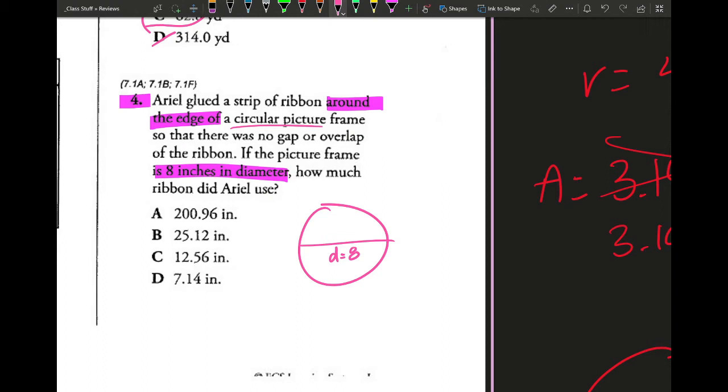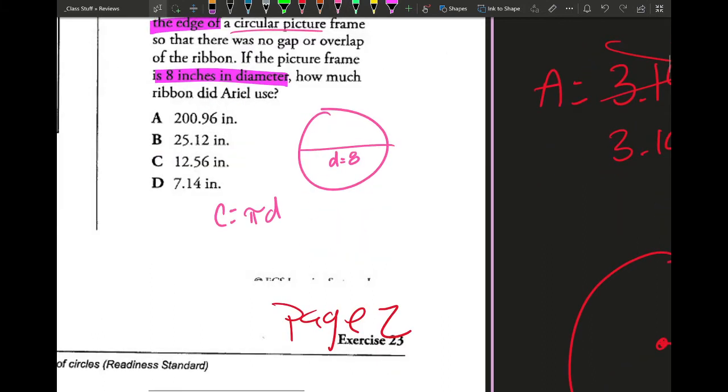And that's all you need to know for the circumference or the area, okay? Given the diameter, you can find either the circumference or the area. In this case, we're looking for the circumference because we're going around the edge. So, my formula, C equals pi times diameter. Pi is always going to be the same number. Pi is going to be 3.14 times 8. When I multiply that, 3.14 times 8, I get